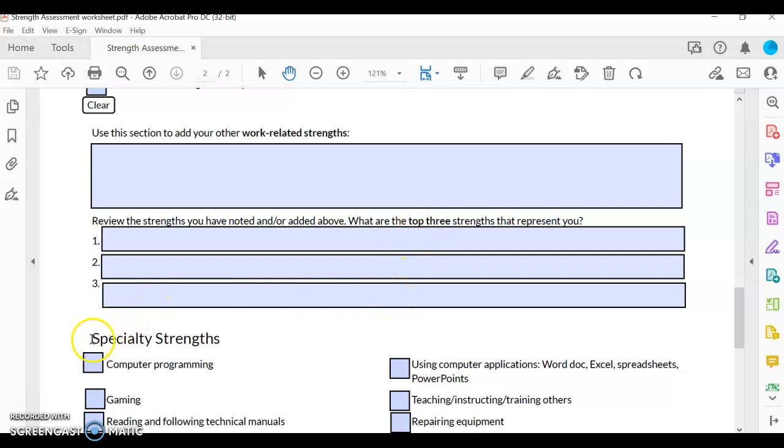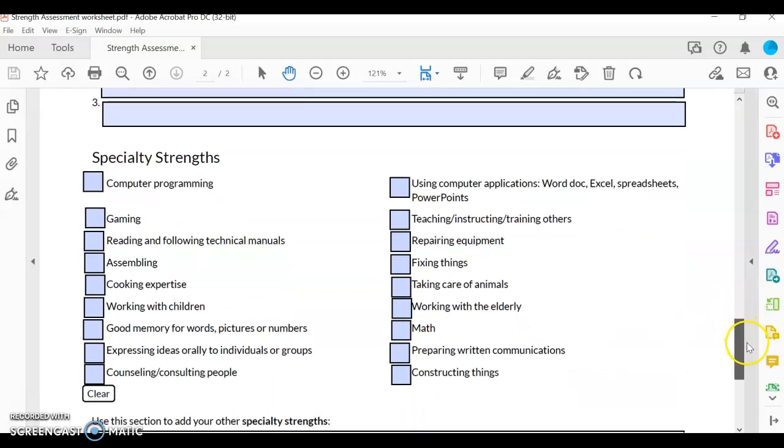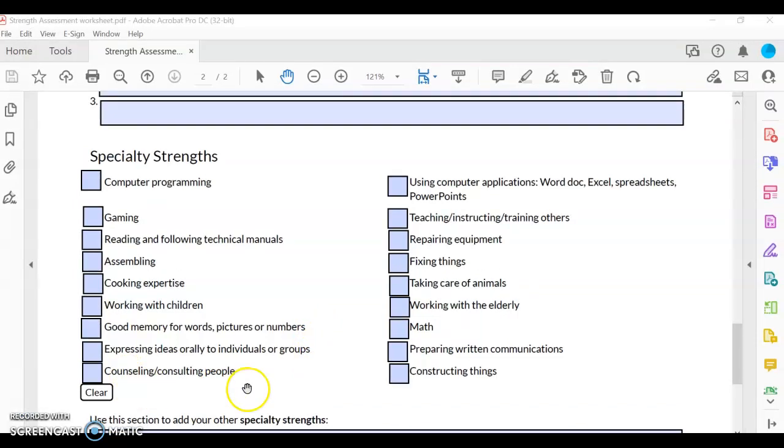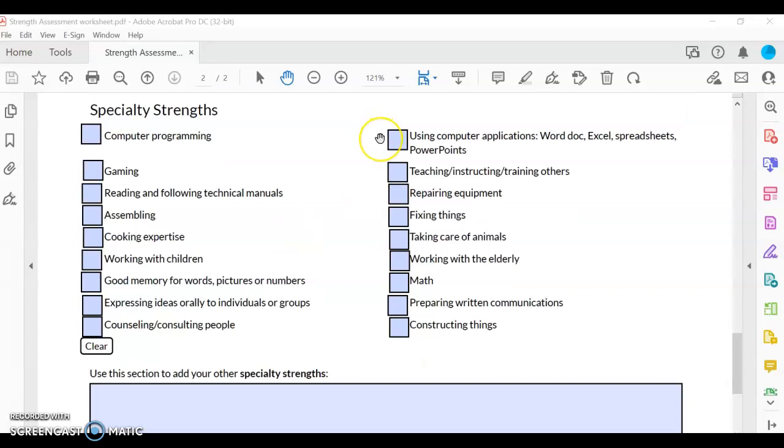Finally, we move on to specialty strengths. These are computer programming, gaming, reading and following technical manuals, assembling, cooking expertise, working with children, good memory for words, pictures, or numbers, expressing ideas orally to individuals or groups, counseling people, using computer applications such as Word, Excel, spreadsheets, or PowerPoints,